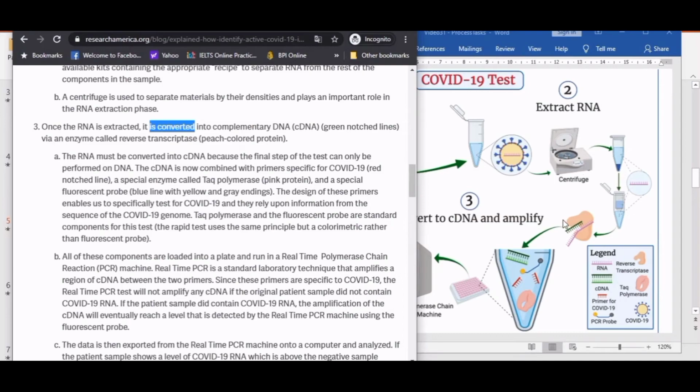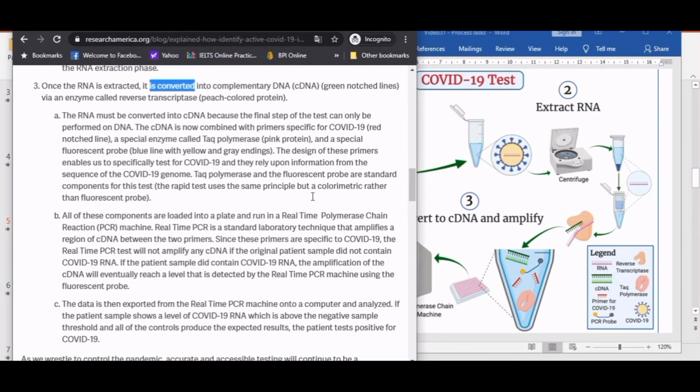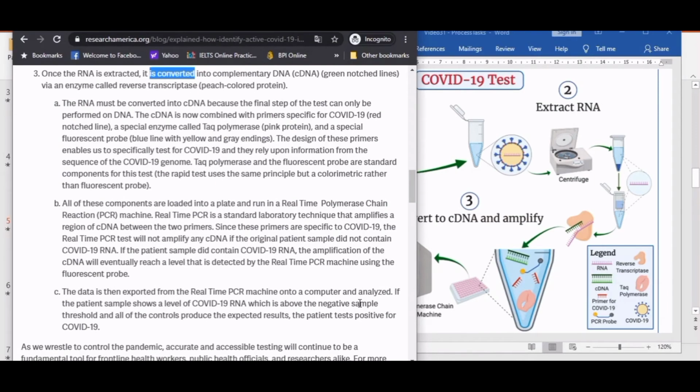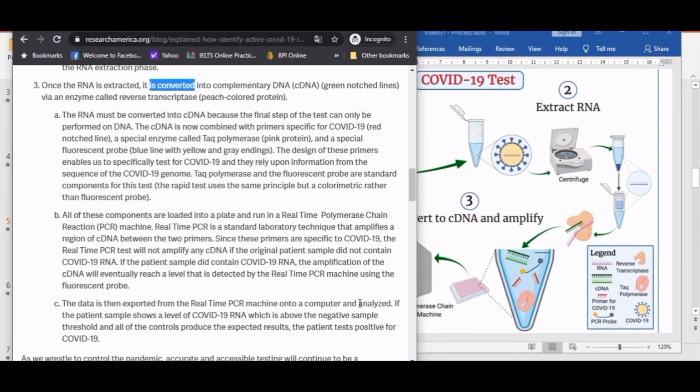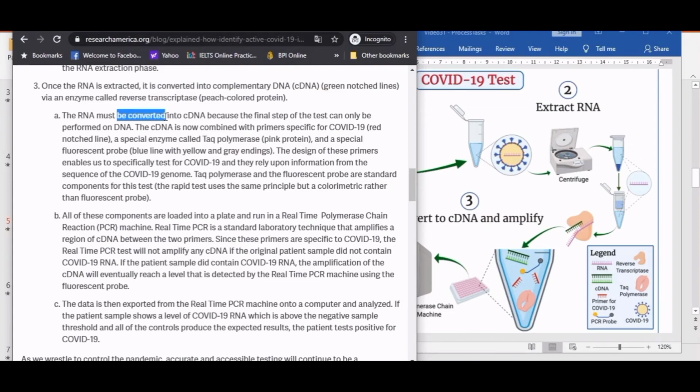The green notched lines over there. So RNA is converted into DNA, complementary DNA, via an enzyme called reverse transcriptase. That's the enzyme over there. So we need that enzyme to convert RNA to DNA. The RNA must be converted, passive voice, into cDNA because the final step of the test can only be performed